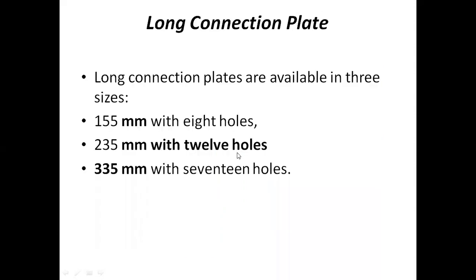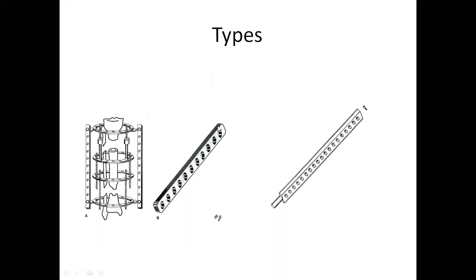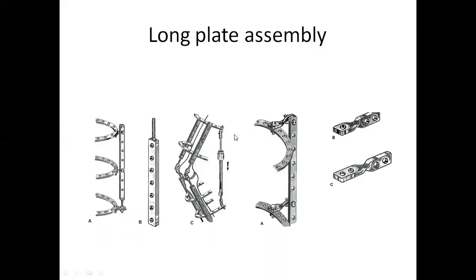And now the long connecting plate. A plate with more than 8 holes is a long connecting plate. So it comes with 8 holes, 12 holes, and 17 holes. And these are the types. There can be a rod at one end or either end. And what is the popular use of this long connecting plate? When you need extra stability, you want to omit a ring and put some wires in any place in a long gap, then you can use this type of rods.